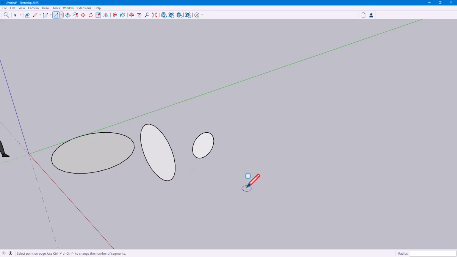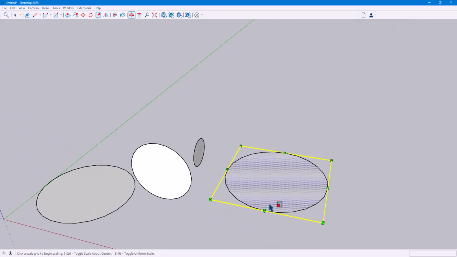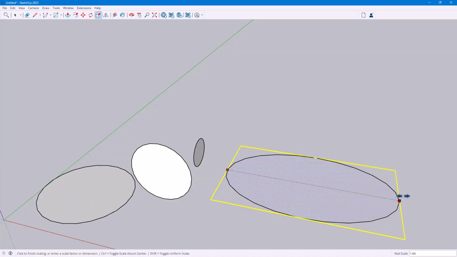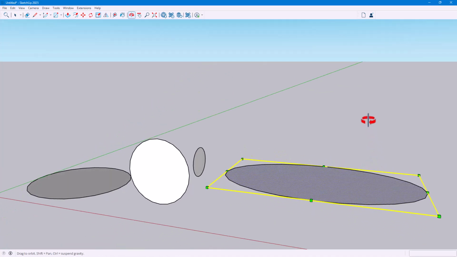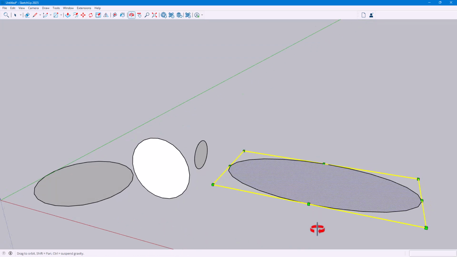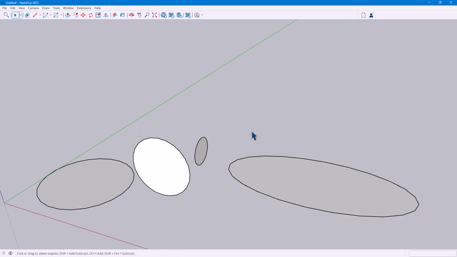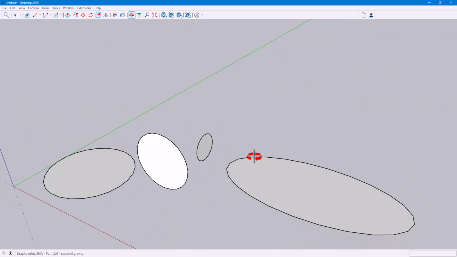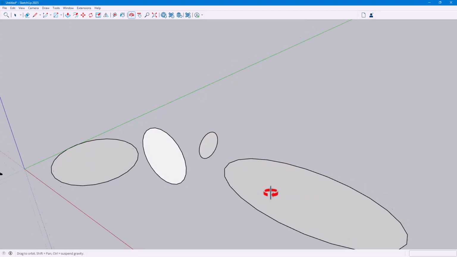In that case, you can click and drag out a circle right here, just like this. Then what you can do is utilize the scale tool right here. You can see that I got this particular tool right here. Let me select this, and then you can pull this out, and you can see that this turns into an ellipse right here as I utilize the scale tool. And that is how you can utilize the circle tool in order to create a circle or an elliptical shape